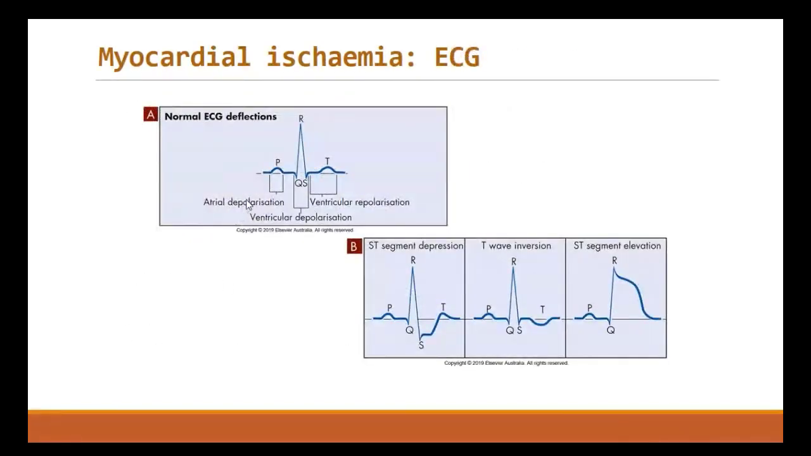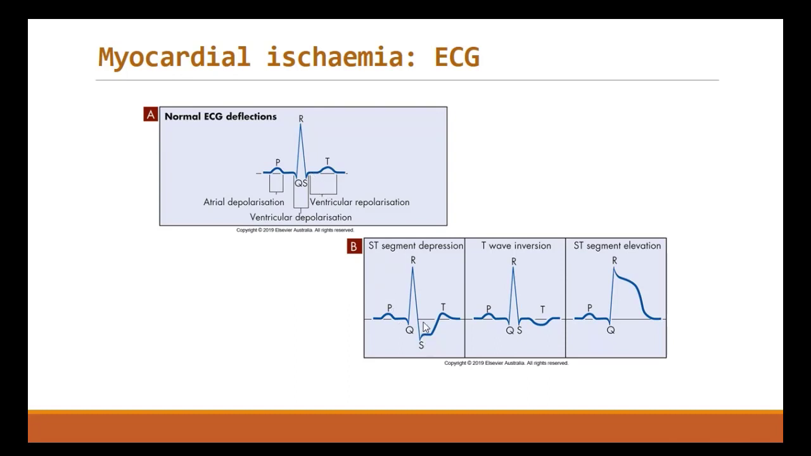So this is a normal ECG. Remember, P wave, QRS complex, and T wave. In between, you have these straight lines. So during ischemia, the cells will conduct electricity in a different way than in a normal state. So what you see here is the ST segment, from S to T,